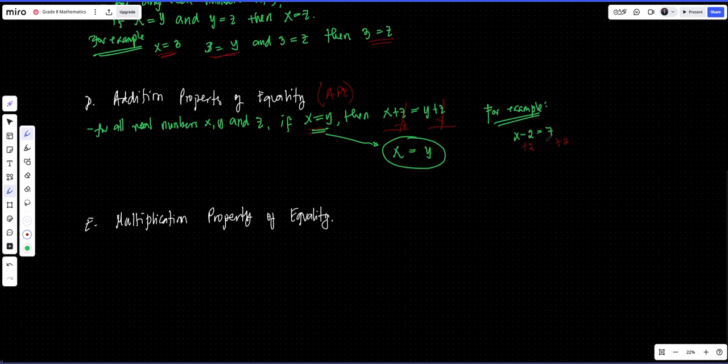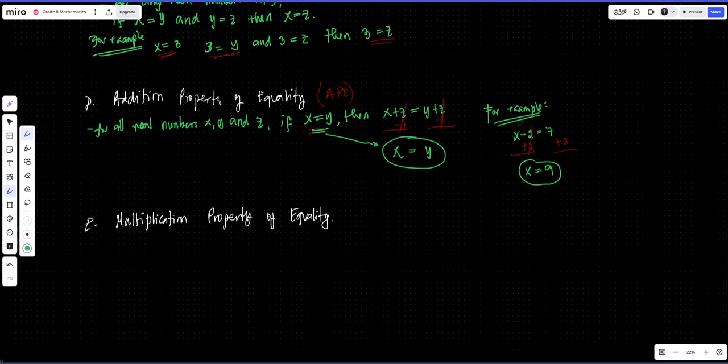Kung addition property of equality, kung unsay imong gibuhat sa pikas, kung nag-add ka sa pikas equation dali na part, ibig sabihin mag-add pud ka sa pikas na part. Okay? So this is cancel out. So yung maiwan na lang is si x. Bakit na cancel out man, sir? It's because negative 2 plus 2, they are unlike sign, di ba? So ibig sabihin, we have to subtract. Okay? Now, this one, 7 plus 2, that is equal to 9. So this means ang value ni x dito is equal to 9.